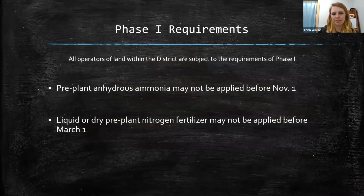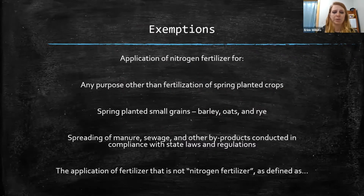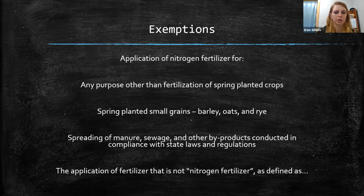Phase 1 requirements, as I had said before, all operators are subject to these requirements. So any pre-plant ammonia may not be applied before November 1st, and liquid or dry pre-plant may not be applied before March 1st. There are some exceptions to this. If you're applying your fertilizer for any purpose other than spring planted crops, spring planted small grains such as barley,